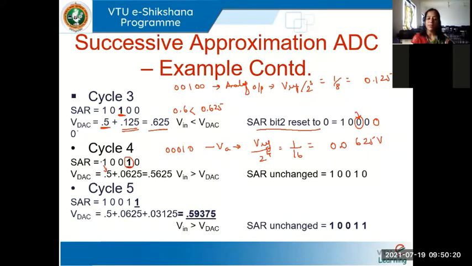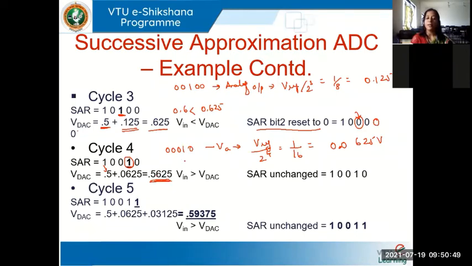See, first if the MSB was 1, the voltage was half of V reference, 0.5. When the bit next to MSB was 1, it will be half of this 0.5, it will be 0.25. When it is the next bit, it will be half of that, 0.125, and so on. So 0.0625 would be the corresponding voltage. Add it to 0.5. So I am getting the analog converted voltage from the DAC as 0.5625 volts.